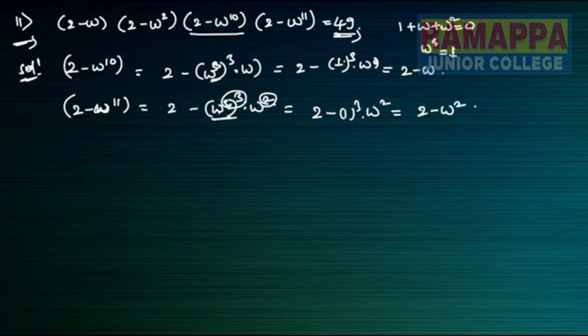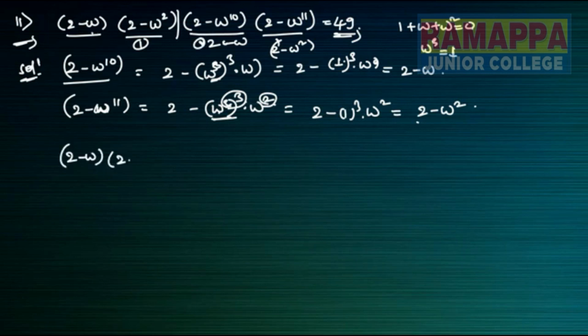Now what we have got, the value of this one is equal to 2 minus omega and into 2 minus omega square for this one. So we will multiply with this one. Here also 2 minus omega square only, all multiply there. So this term first and this term second, I will think that, and I will first do both of these. Here 2 minus omega into 2 minus omega square I will multiply. 2 2s are 4, and 2 into omega square minus 2 omega square, 2 into omega minus 2 omega, and minus into minus plus omega cube here.